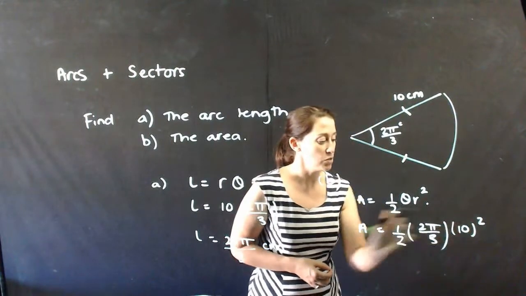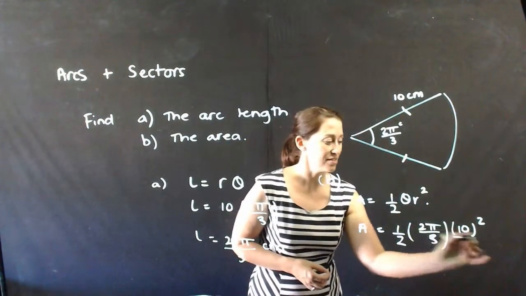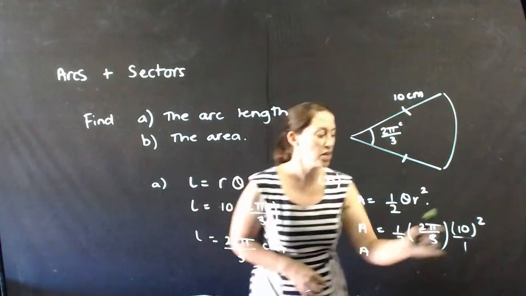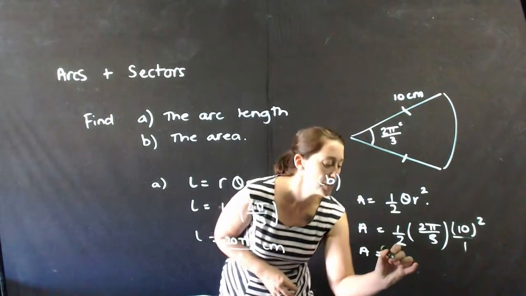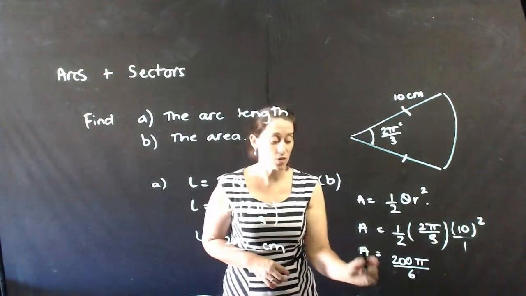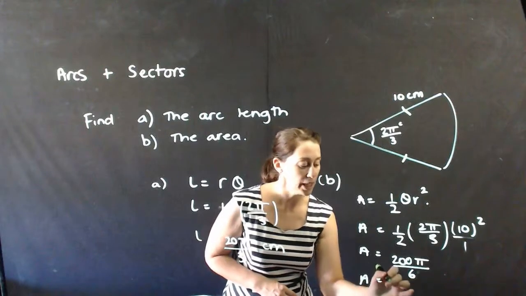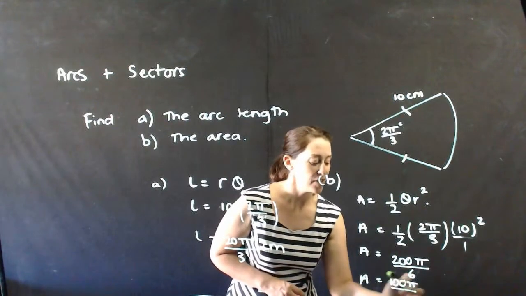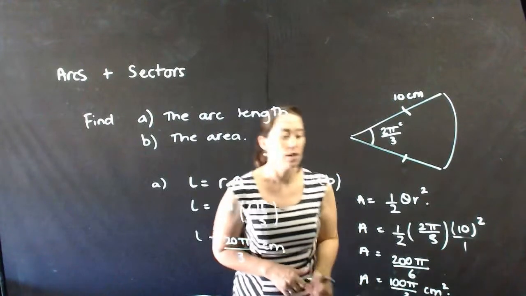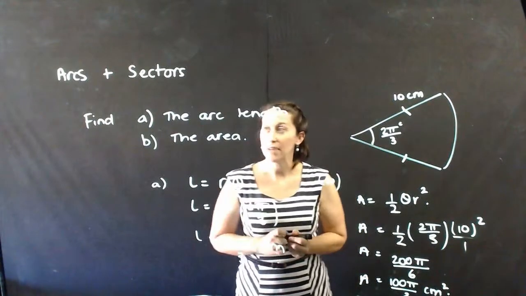Obviously the 10 squared is on the numerator, so it's 100 over 1. Multiplying everything together gives me 2 times 100, that's 200 pi over 6. Now that cancels down to be 100 pi over 3, and our units are in centimetres squared. And that's pretty much everything you need to know about the area and